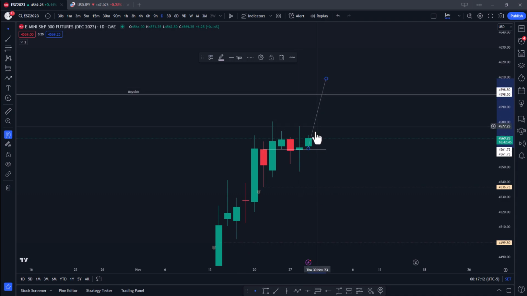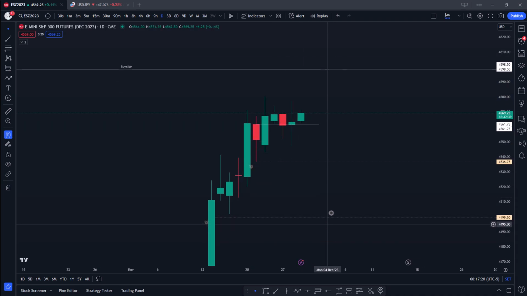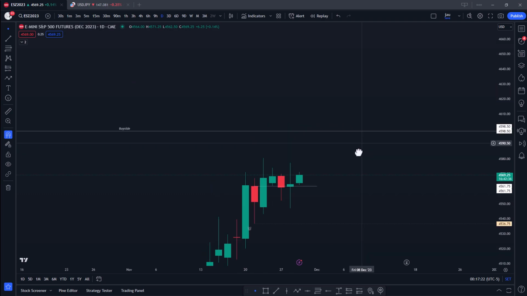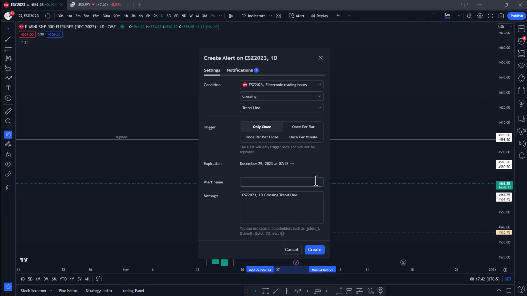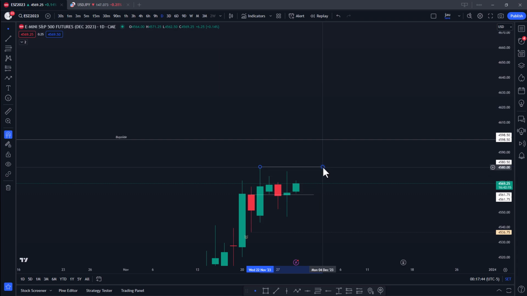So we may just go from here to take out buy side liquidity, and not even bother trading to a discount, then trade higher. But if that happens, I'll also be paying attention to this internal buy side liquidity here. So I have two levels now inside. We could use this order block to push higher, and if that happens, then I'll set an alert at this